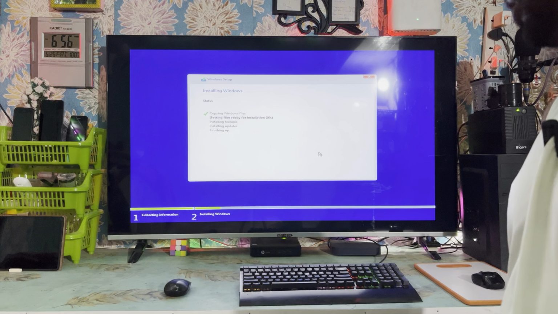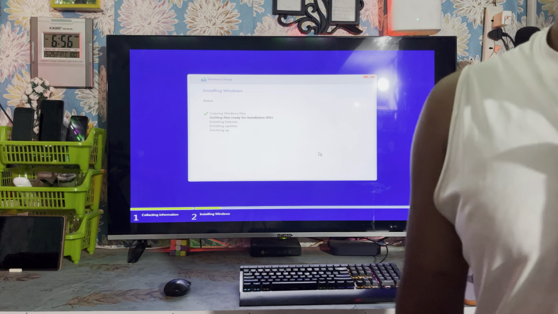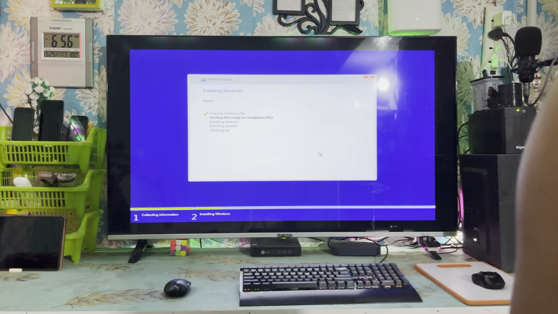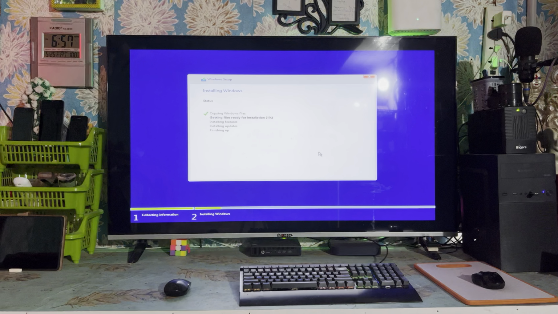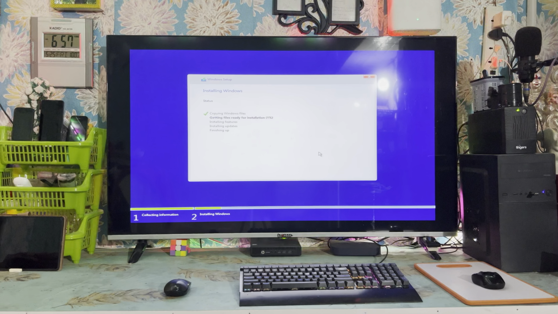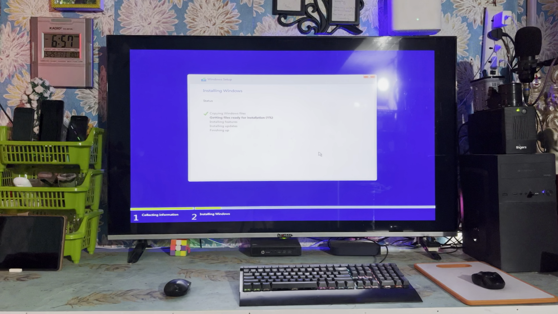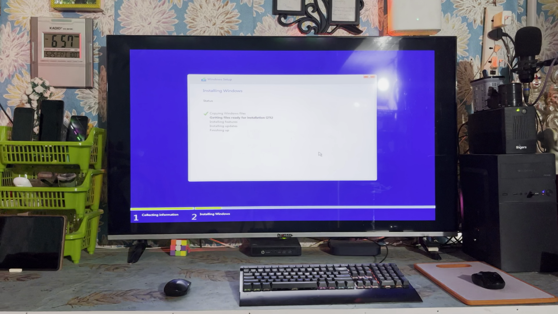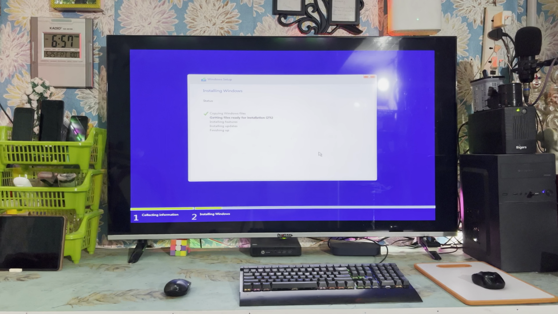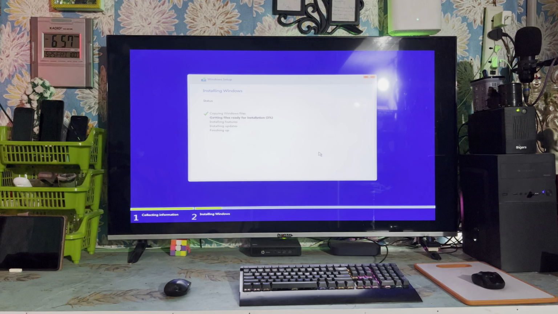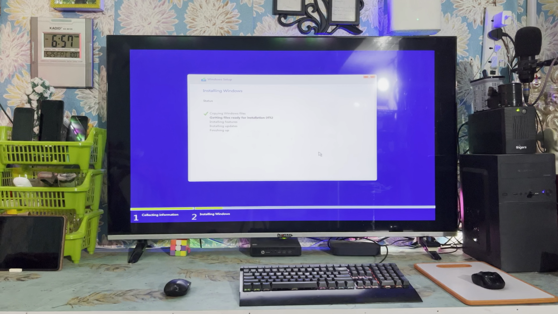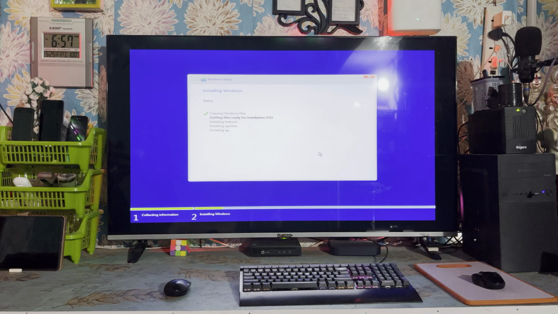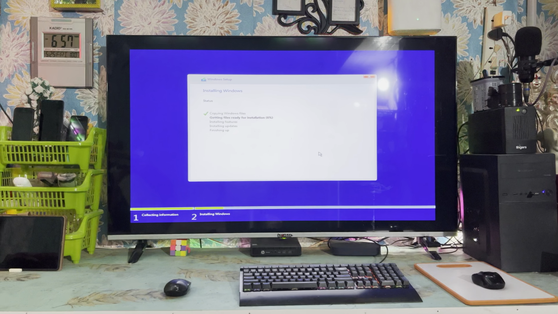So this is all about in this video tutorial, guys. For any inquiry, of course, leave your query in the comment box below. I will reply as soon as possible according to your query. After facing this kind of problem, that's why I decided to show you this. You will have to create a similar partition disk style, otherwise you will have this kind of problem after formatting. So that's why you have to create the same partition disk style in other laptops too. Once again, if you are getting this kind of problem, then you will have to fix it this way. Otherwise, if you have any confusion, leave a query in the comment box below,